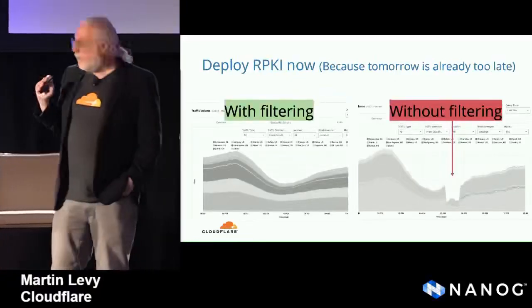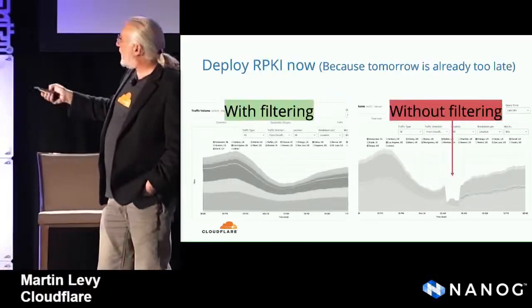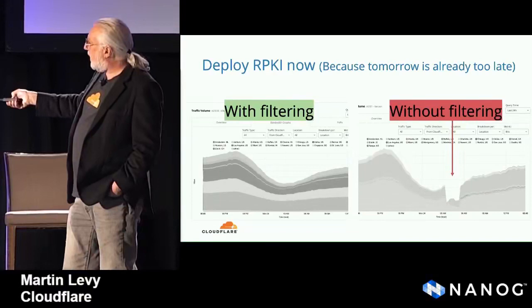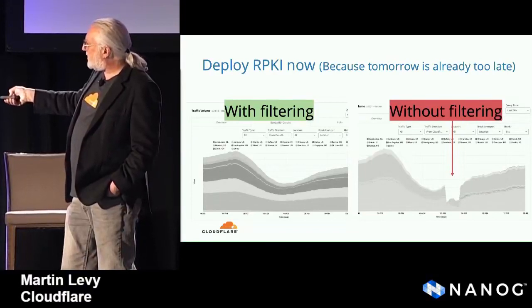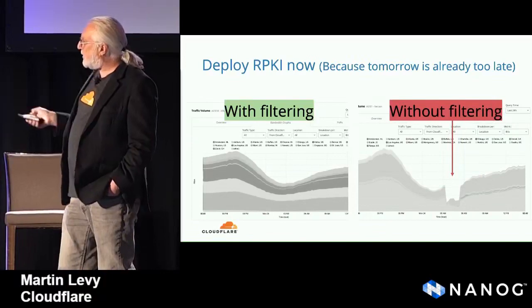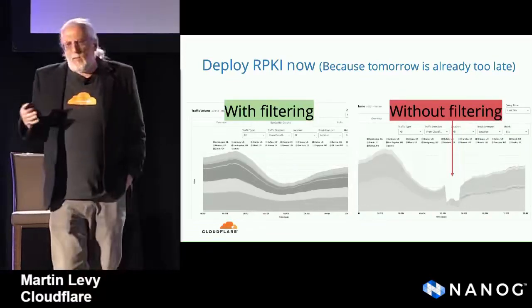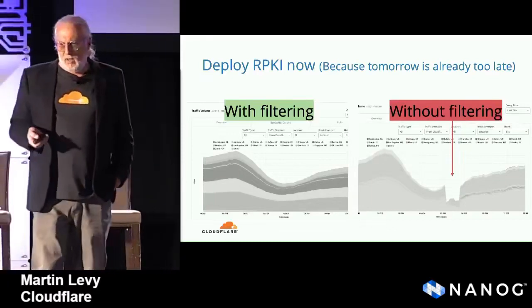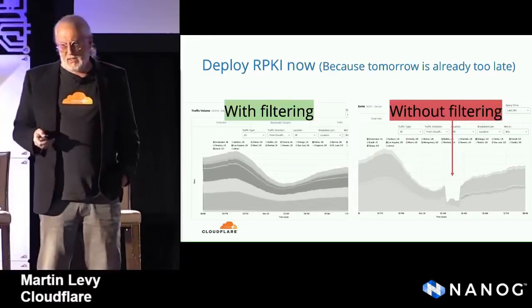I'm going to talk about this one, though, very quickly, and then I'm going to be quiet. This is what happened to a particular network, an eyeball network, that didn't do filtering, and sure enough, that should not happen. Bits disappeared for a period of time. Here is a network that does do RPKI filtering and does peer-lock filtering, and nothing happened to them. So the good news is we at least had a couple of eyeball networks to look at to see the difference here.